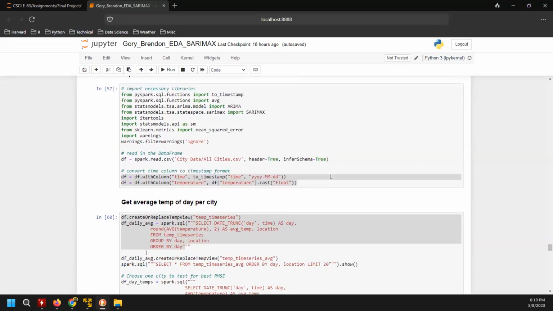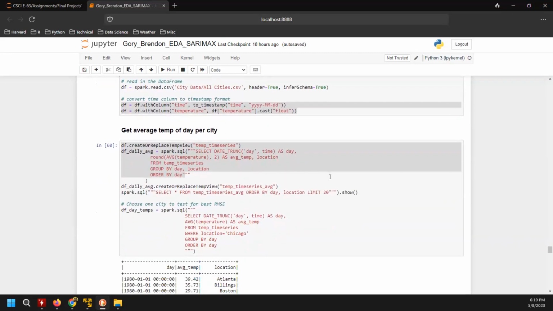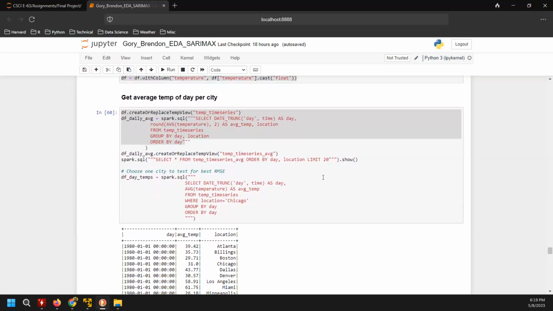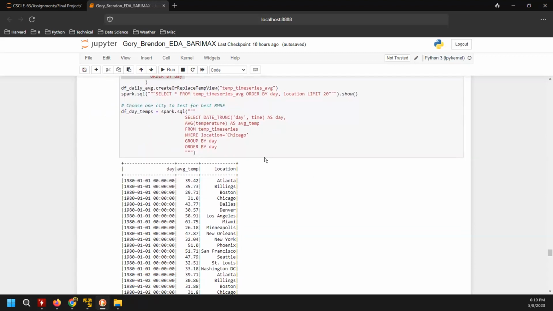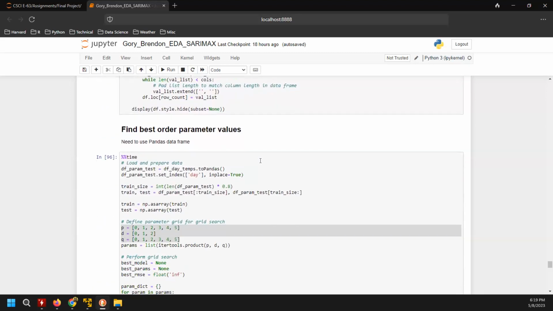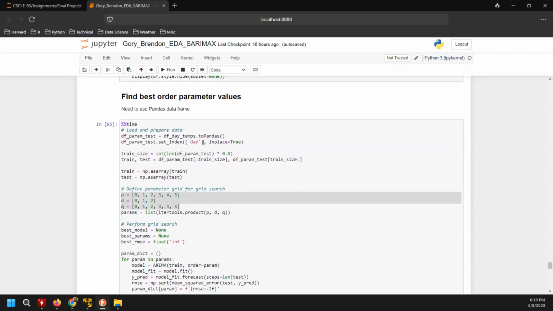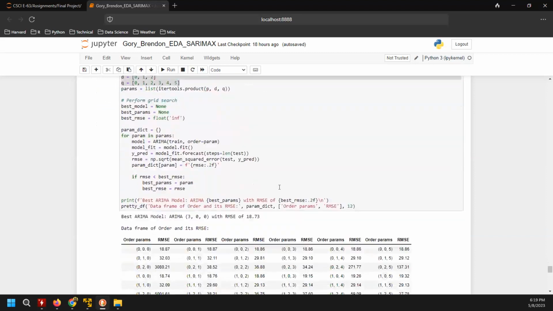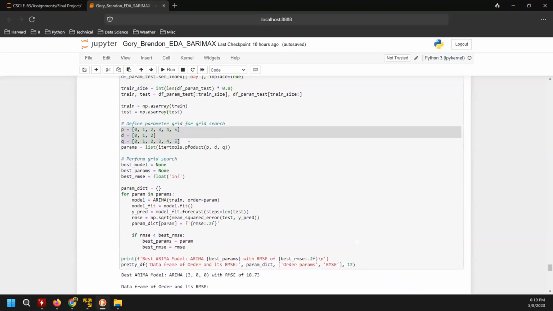So we can go ahead and try to predict this with the ARIMA models. The first thing we did was we just chose one city, and we're going to take a specific time frame for that one city, and we want to find the best PDQ values for that city. This is just a simple grid search.